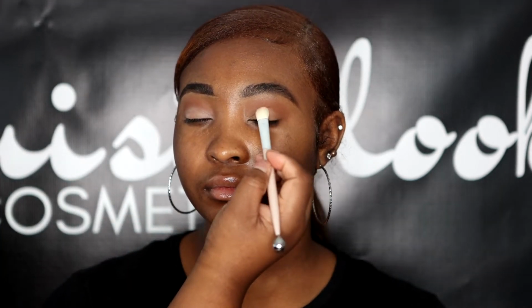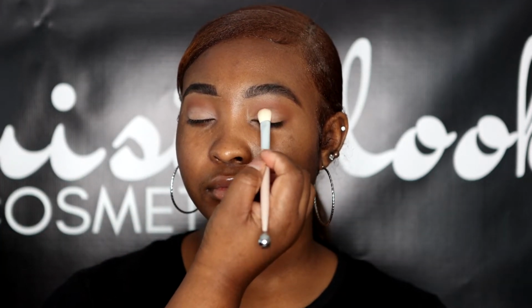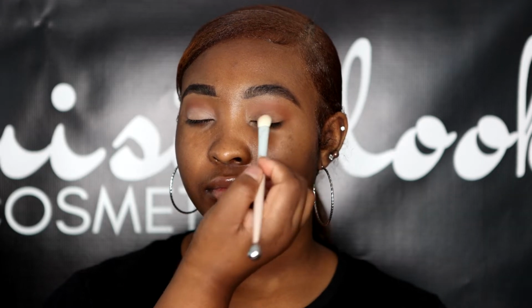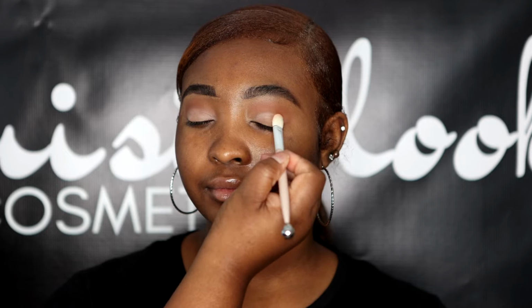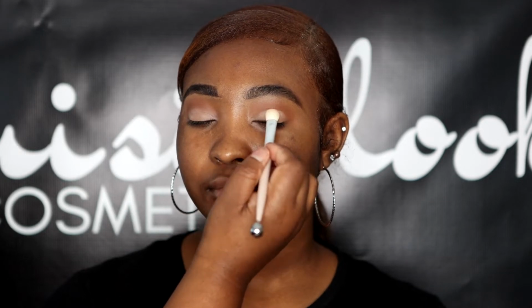Then I'm going to go in with this baby pink shadow that I thought was going to show up pink on her, but it actually showed up almost beige looking. So I decided, because it showed up that way, I'm going to use it as more of a base color, and then I'm going to add a darker pink on top to achieve that baby pink I was going for originally. So I actually end up playing with a whole lot of colors, but I'm using this eyeshadow